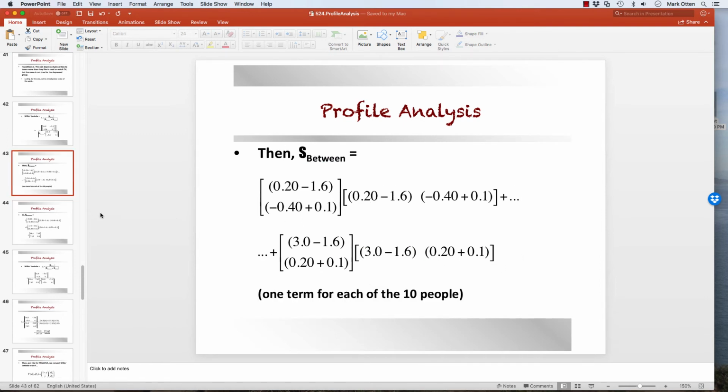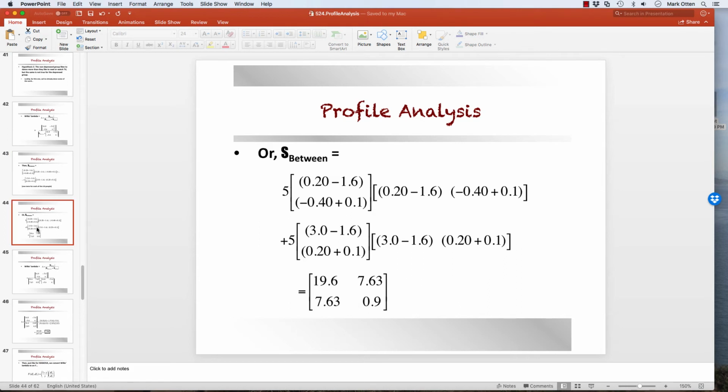Okay, so there's one term for each of the 10 people. I think I said you do it 4 times, you do it 5 times because there's 5 people in each group. So you're going to do this 5 times for the first group and 5 times for the second group. So you can just put a 5 out in front, as is shown here, for each term, and you're going to multiply them through, and you're going to get the